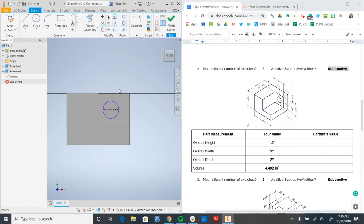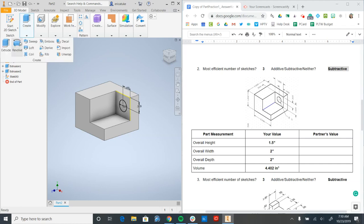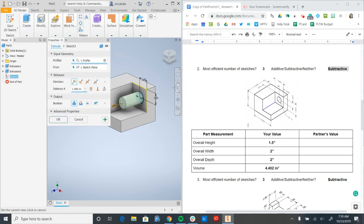So now to do the location dimensions, I'm going to go to my dimension tool again. I'm going to click on the center of my circle where it turns green, click on the top of my object and drag it out. Dimension that to be 0.5 inches. And then we'll do the same thing with the other side. So wait till the center of the circle turns green, go to the right, drag up, and then dimension that to be 0.5 inches. I can right click and finish my 2D sketch, do my same cut extrusion,